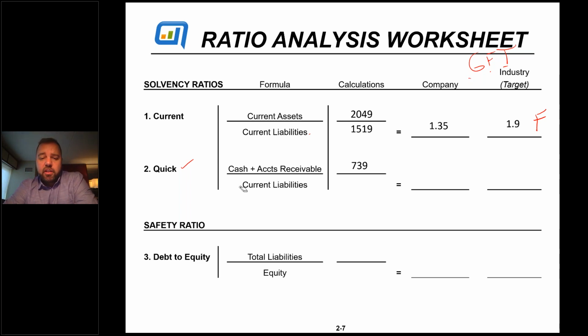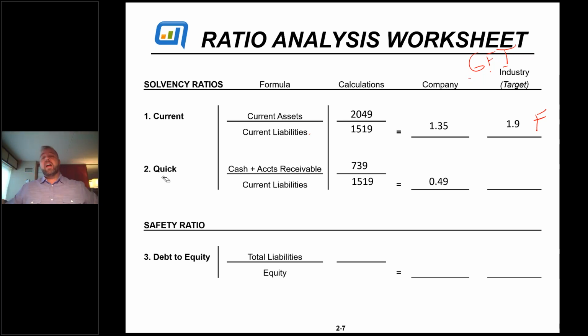If you go back and look at the balance sheet, that's what it is. And current liabilities is still the same at 1519. So 739 to 1519. This is, by the way, the most conservative and stringent ratio there is. By far, it's the hardest bar, and it moves all the time. Every day as cash comes in or out, it moves. So if I take 739 divided by the 1519, it's a 0.49, right? So for every dollar he owes on the credit card, when we look at it through a really conservative lens, he's only got 49 cents to pay for it.